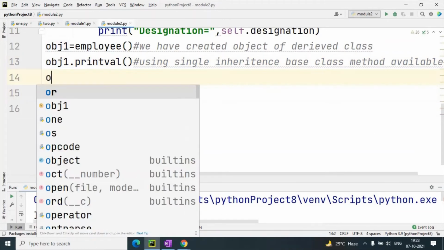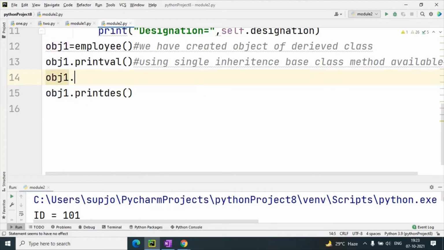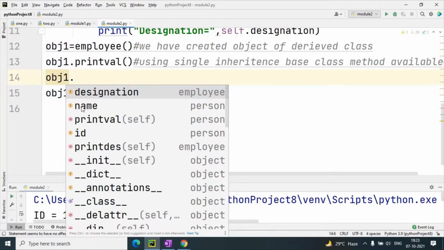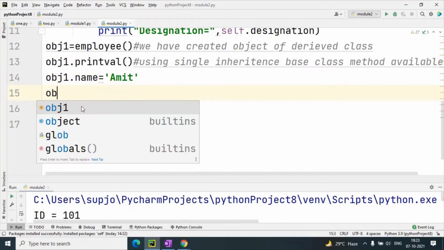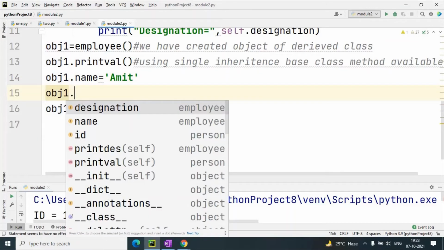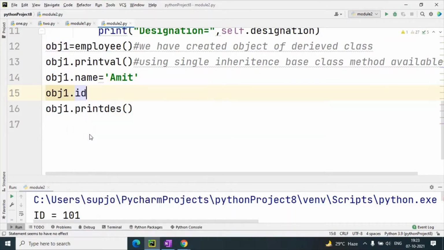So obj1 dot name, suppose I want to change the name, I will change it to Amit. Now obj1 dot id, I want to change it, suppose I have taken the id 120.